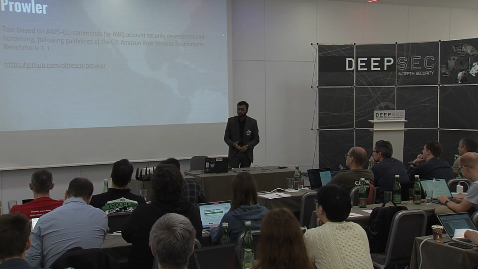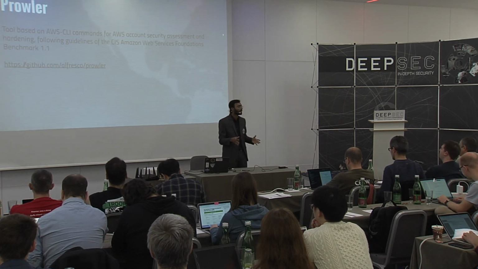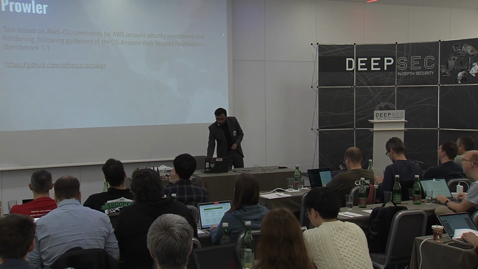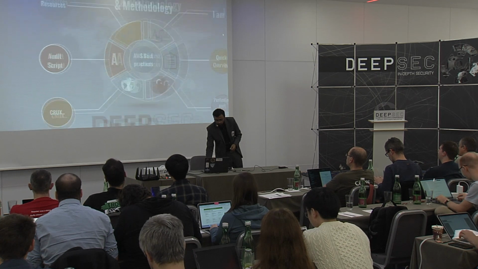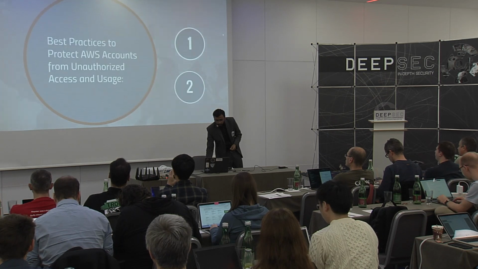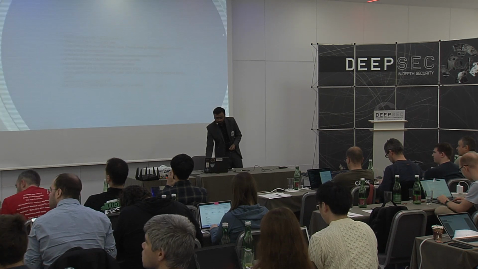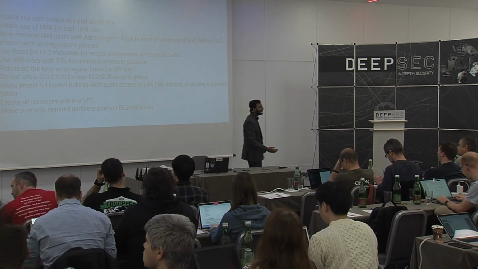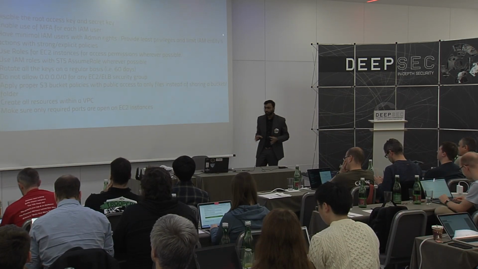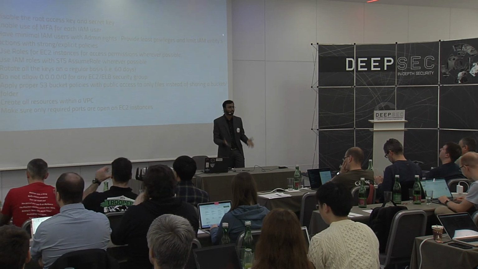And as I mentioned, it's based on the CIS Amazon Web Services benchmark 1.1, and it always gets updated if there are changes to the CIS benchmark itself, which is a good practice. I'll go quickly back because I said I'd be going back to best practices. So, talking about AWS best practices, we have seen each of these from an offensive side, and now we have to cover it up with a summary at the end, with pointers for people who are actually configuring the environment.